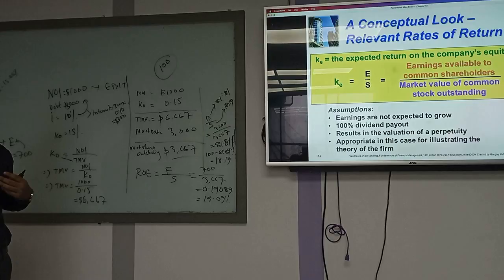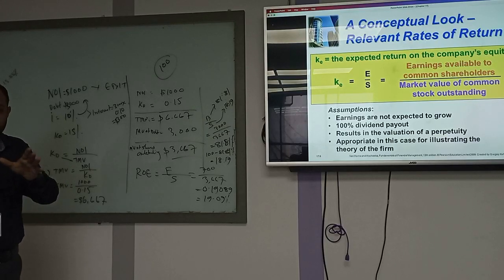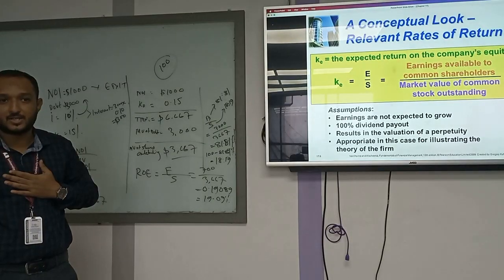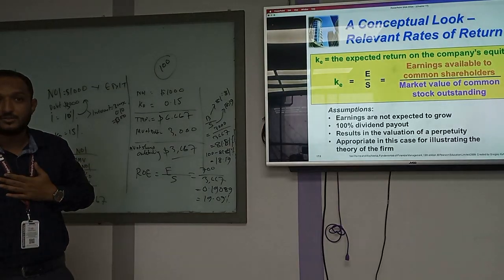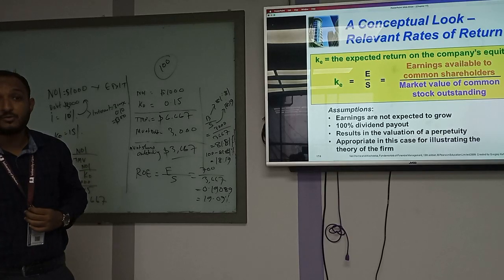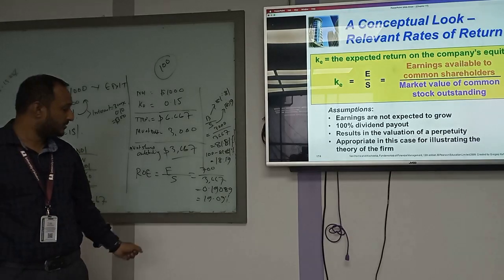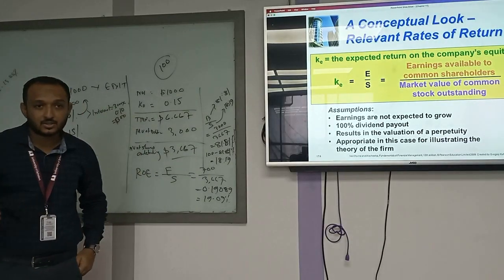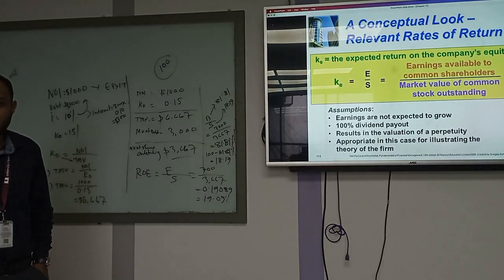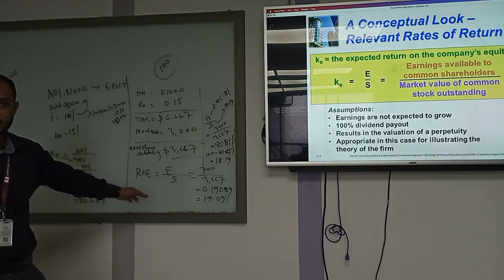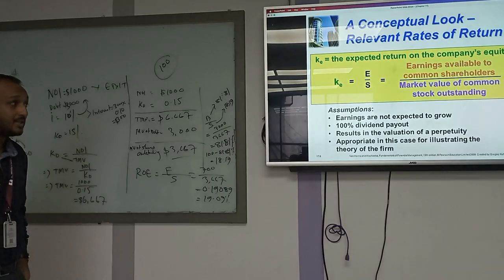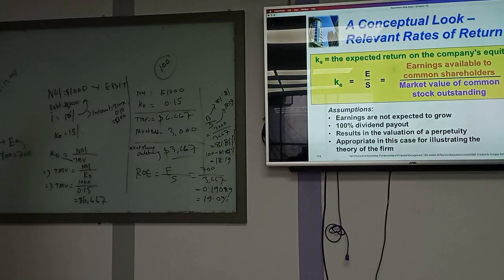ইনভেস্টররা কোনটা চাবে? অ্যাজ অ্যান ইনভেস্টর কোনটা চাবে? আর বাই দ্য ওয়ে, ফ্রম দ্য ম্যানেজমেন্ট পার্সপেক্টিভ, আমি ফাইন্যান্সিয়াল ম্যানেজার, আমি কোনটা চিন্তা করব? টু ম্যাক্সিমাইজ দ্য ওয়েলথ অফ শেয়ার হোল্ডার্স। তো শেয়ার হোল্ডার্স ওয়েলথ কিভাবে ম্যাক্সিমাইজ করবো? দিস ইজ ওয়ান অফ দ্য মেকানিজমস টু ডু ইট। তাদেরকে হাই রিটার্ন দিলেই তো তাদের ভ্যালু ম্যাক্সিমাইজ হবে নাকি? সো আই গো ফর দিস ডেফিনেটলি। এখন কথা হচ্ছে দেয়ার ইজ নো ট্যাক্স বেনিফিটস হিয়ার।